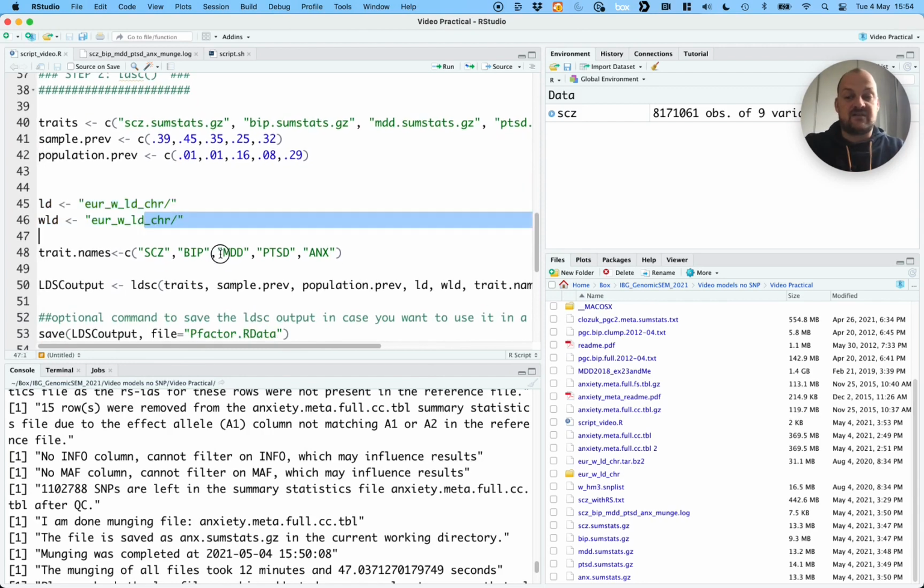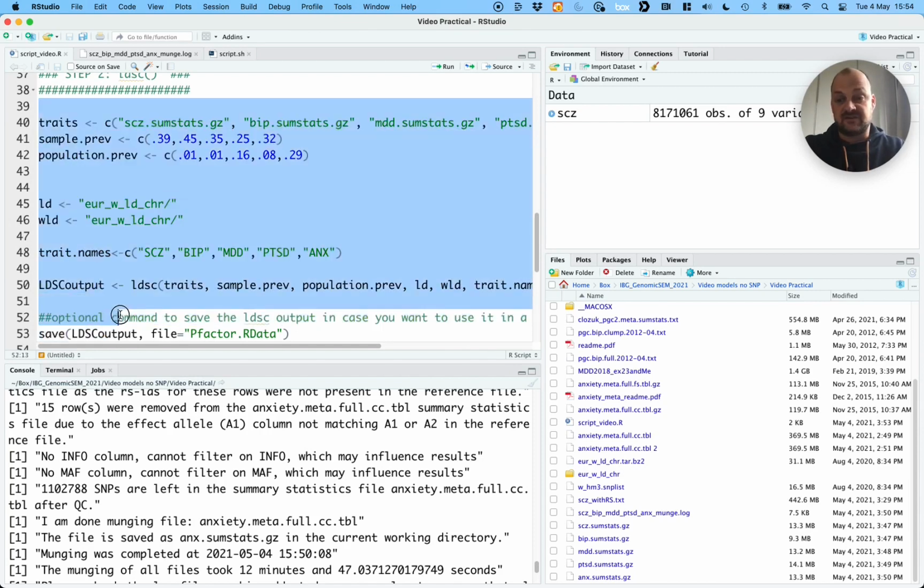And then you define trait names. At this step, the trait names you define will be your variable names in your model later. So definitely here you want to choose memorable names. Okay, let's run this, which again will take a few minutes, but by the magic of video editing, I can